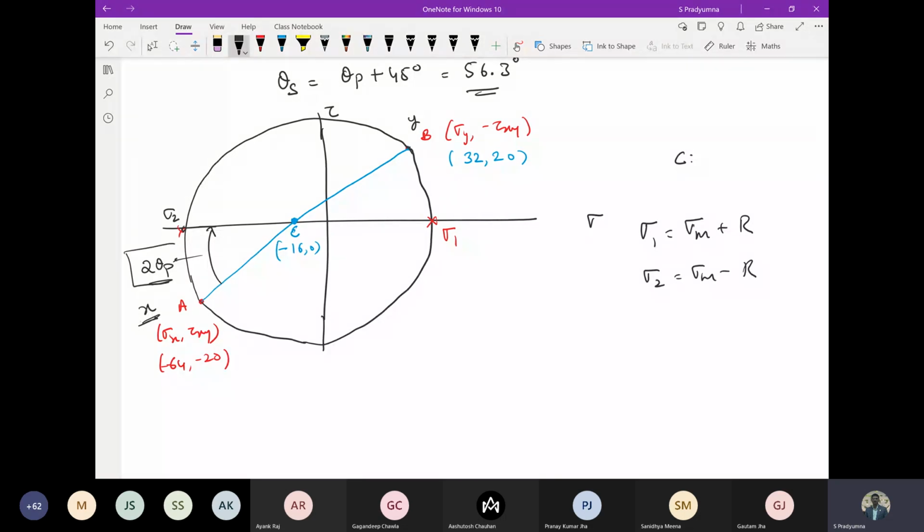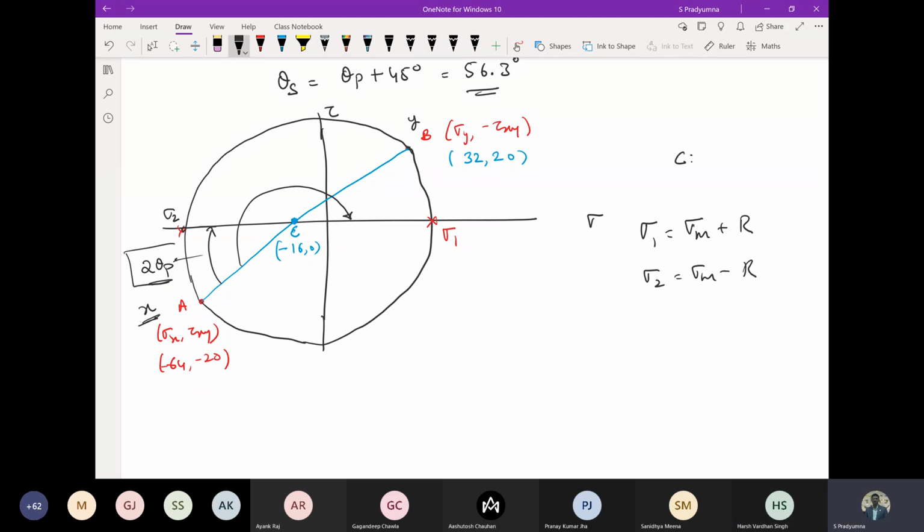But if you go to the other one, if I want to, for example, measure from here to here, that is 2 theta p. Sorry, not this one. I mean between these two. So what is the angle? Pi plus 2 theta p. Pi plus 2 theta, or it is pi by 2 plus theta in the actual element. Am I correct? Yes, sir.